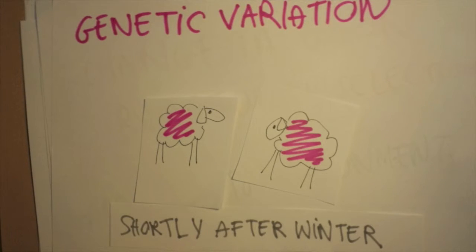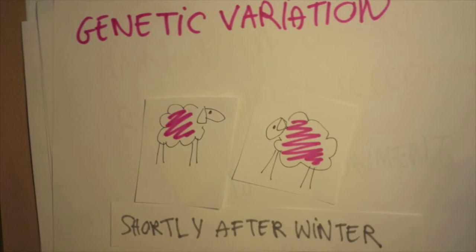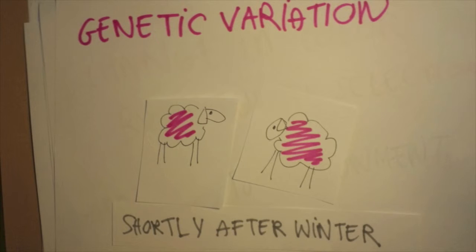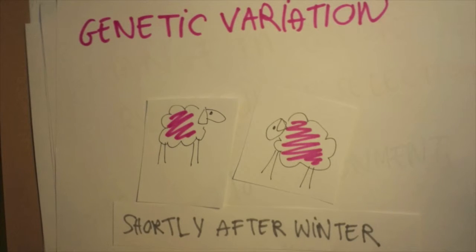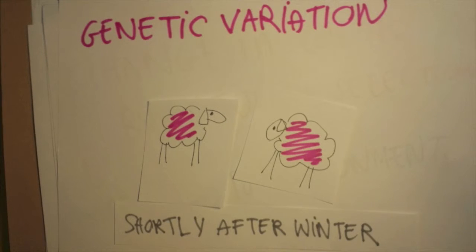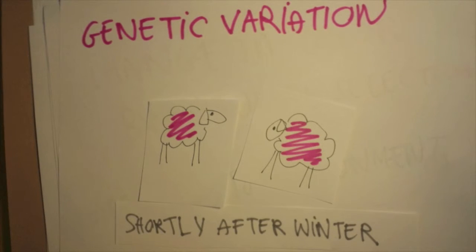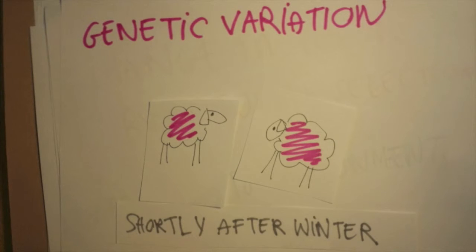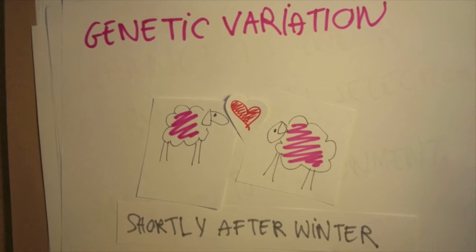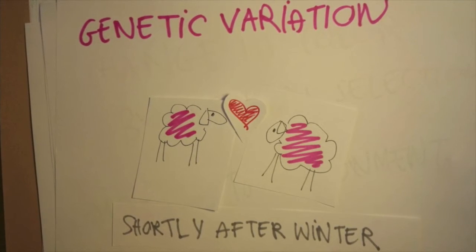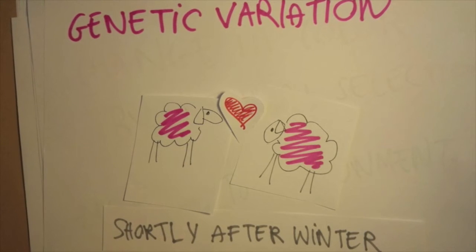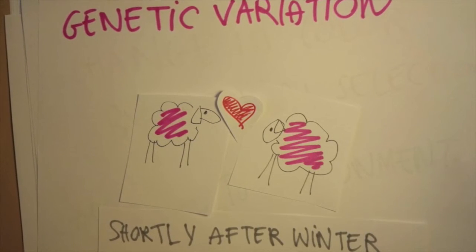And the population diminishes, but the population left at the end of the winter will have this genetic variation. And although there is only a small part of the population left shortly after the winter, in the long run, this population will produce offspring, and therefore transmit this genetic variation down to their descendants.